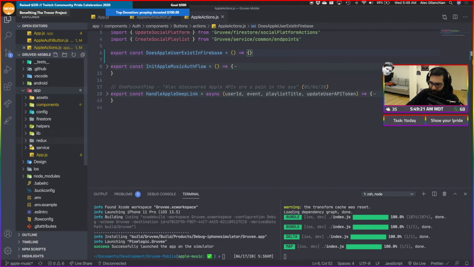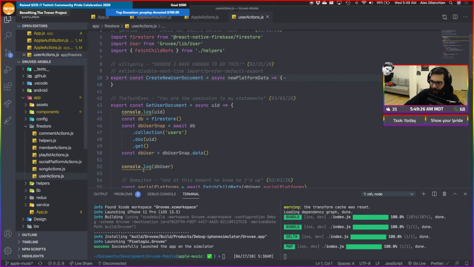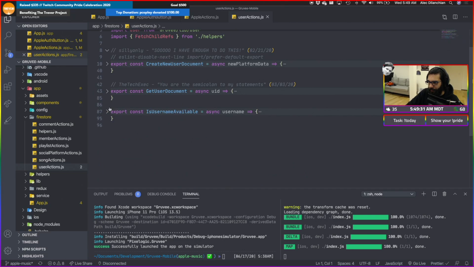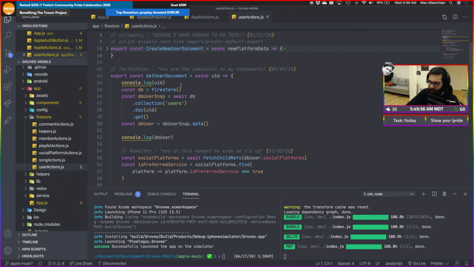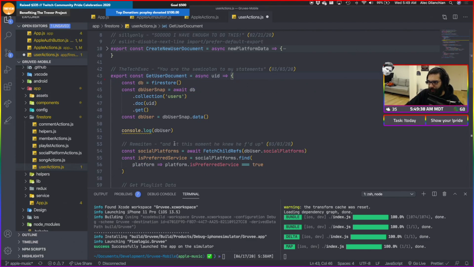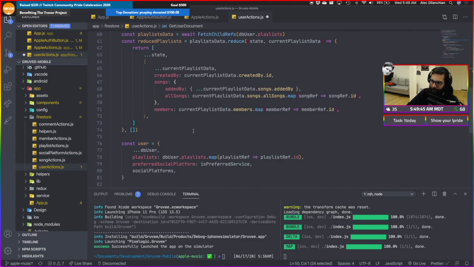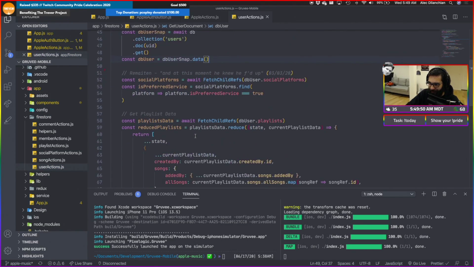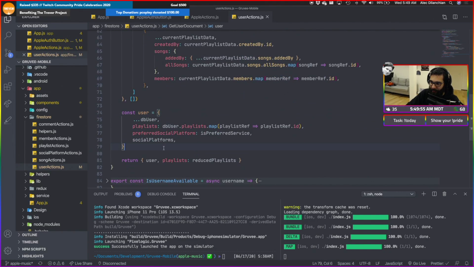We're gonna go to Firebase real quick, or Firestore. And in Firestore, what we're gonna do is create a new user action. And this user action, I guess we can pretty much just use get user document. The only problem that I don't like about this is that it does all this. We don't really need to do this currently. We just need to check to see if the person exists in the database, because if they do, then we can just sign them in, and that's it.